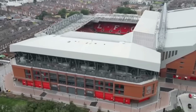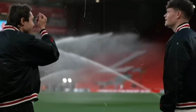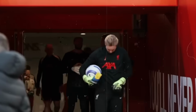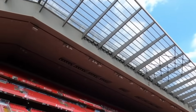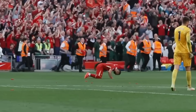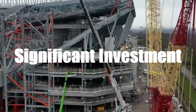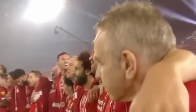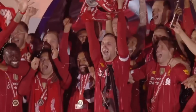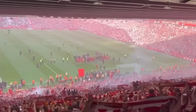preserves Anfield's unique atmosphere. The Anfield expansion represents more than just additional seats. It's a case study in how historic football clubs can modernize while preserving their identity. Liverpool chose evolution over revolution, staying true to their roots while embracing the commercial realities of modern football. The project has proved that with careful planning, community engagement, and significant investment, it's possible to enhance a stadium's capacity and facilities without losing what makes it special. The atmosphere at Anfield remains as intimidating as ever, perhaps even more so with 61,000 voices singing, "You'll never walk